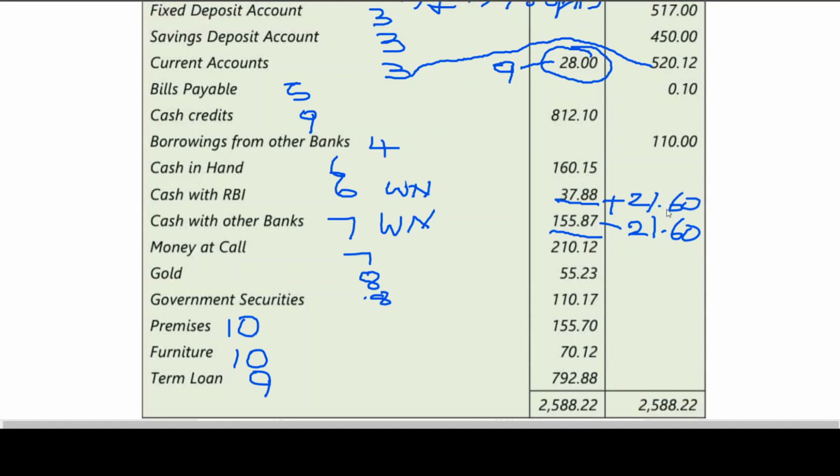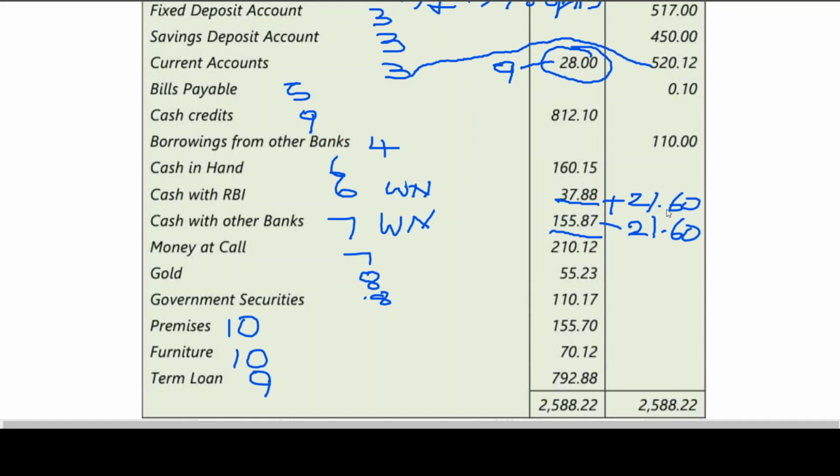I'll repeat once again. Statutory liquid ratio is to be calculated on liquid assets. Cash reserve ratio is to be calculated on deposits. After adjusting that, we have seen the excess liquidity. Excess liquidity, how to calculate? Total of liquid assets minus SLR. SLR is 23%. You have to calculate on deposits. After calculating that we got excess liquidity. Therefore, 4% cash reserve ratio. I repeat once again, since we got excess cash liquidity.